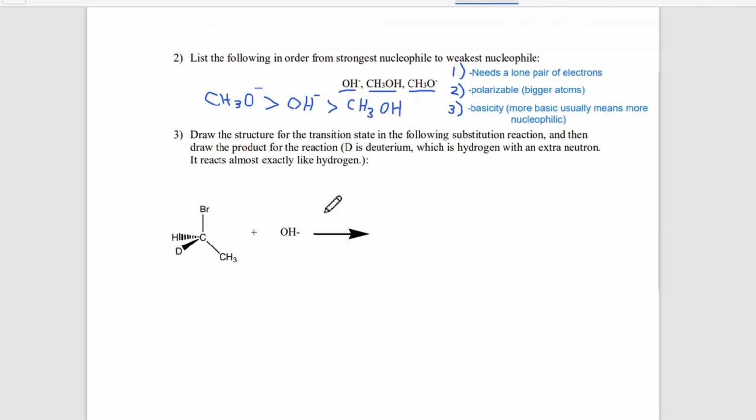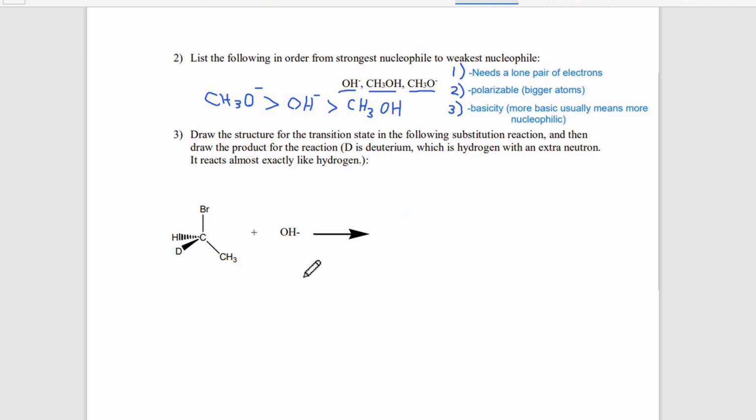Number 3, it says draw the structure for the transition state of the following substitution reaction, and then draw the product for the reaction, where D is deuterium. In this case, you're dealing with a chiral carbon, and you're looking for essentially the stereochemical configuration before and after. Transition state,